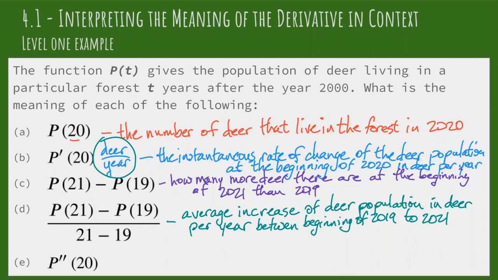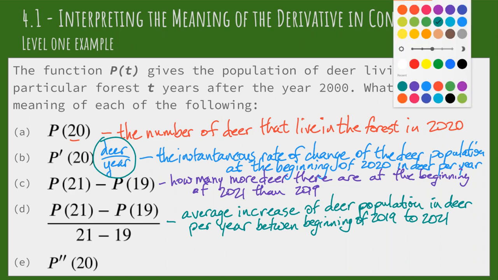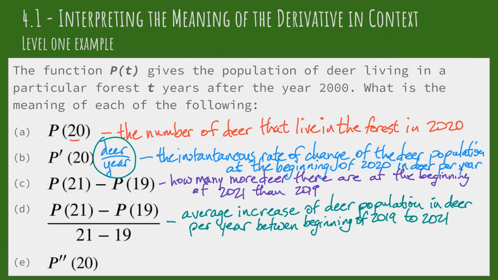The last one here, the second derivative, is kind of the trickiest one, I think. So the second derivative is, let's think about units first here. So the first derivative has units deer per year. But if we take the derivative of that again, it's going to be deer per year per year. And so this deer per year is going to be the instantaneous rate of change, how fast the deer population is growing at any given time. And then if we look at how that's changing per year, this is how fast